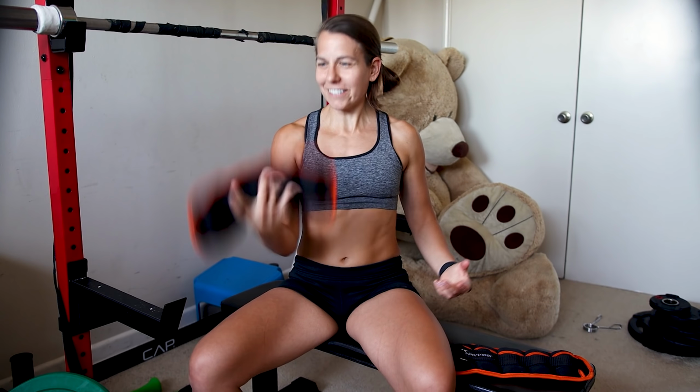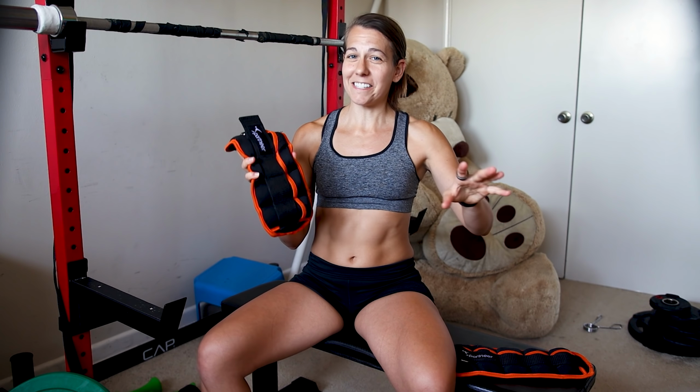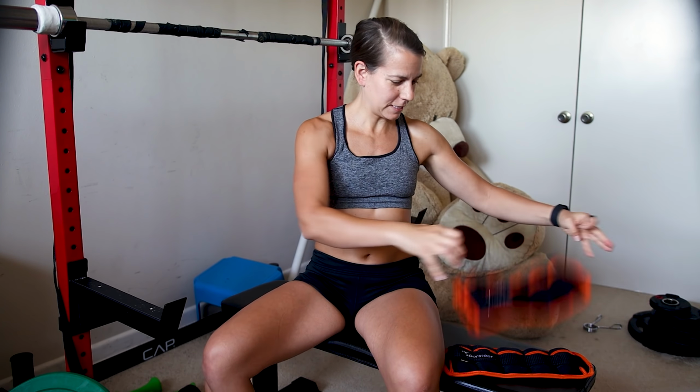I mean, like, jump way higher and be, like, generally more athletic, because if I wear these long enough and then take them off, it'll seem like the current level of gravity is, like, easier for me. My hypothesis is that if my body adapts to lugging around 10 extra pounds, then it will perform awesomely once that's gone. I've done similar things to this in the past, where I wore a weighted vest for a week